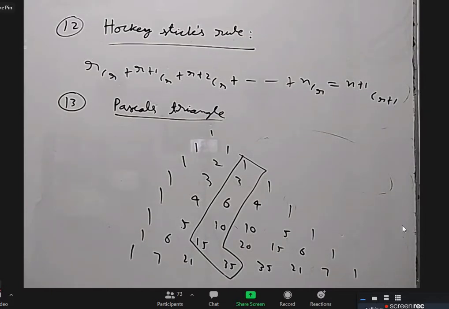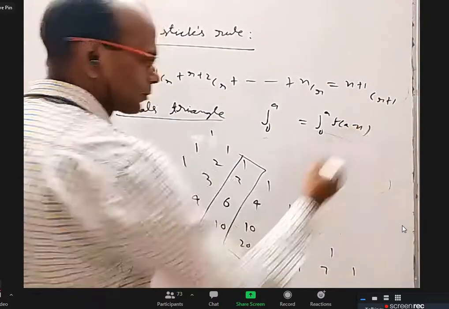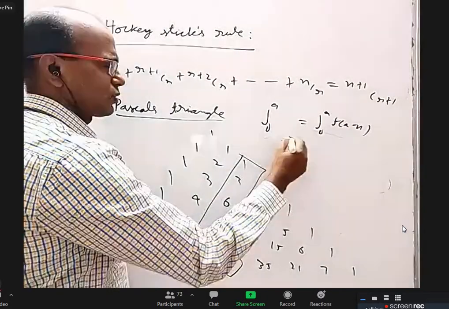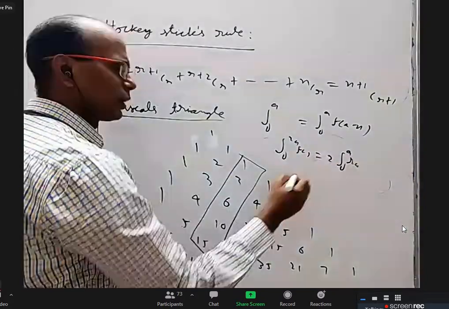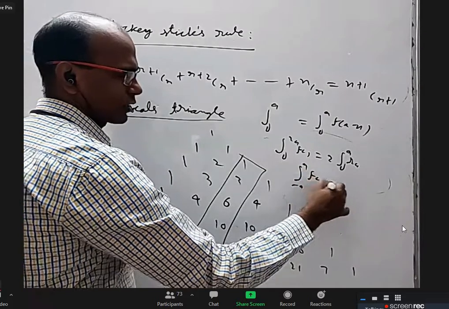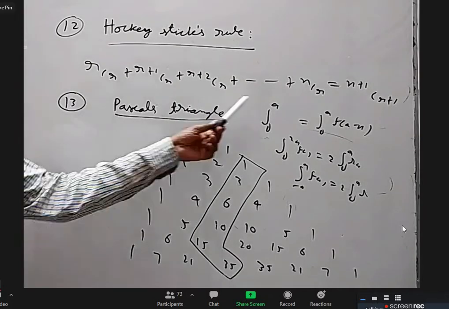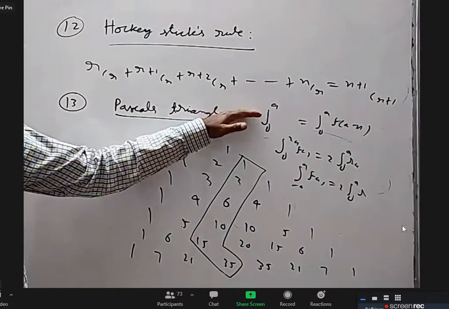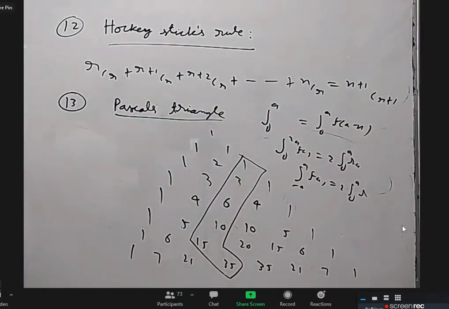Like many of you are doing definite integration on the other side. At least I know some teachers, there are basically three main formulas that you use repeatedly. Integral 0 to a f(x) is integral 0 to a f(a minus x), right? And integral 0 to 2a f(x) is 2 times integral 0 to a f(x) under some condition. And integral minus a to a f(x) is 2 times integral 0 to a if it is an even function. Like that we have some formulas, right? The three main formulas that you use, some people call them Jack rule, Queen's rule, and King's rule. JQK, the cards that you have in playing cards, right?